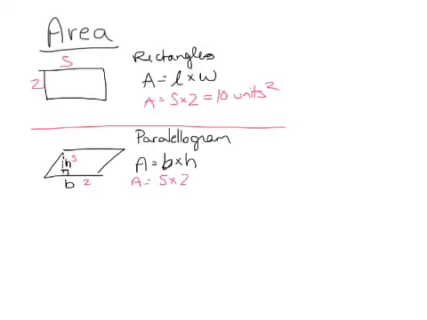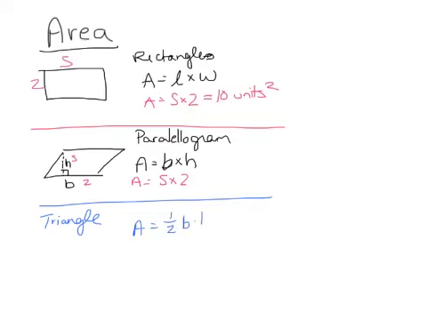Okay. Take the same idea and apply it to a triangle. A triangle is just taking a rectangle and cutting it in half. So the area of a triangle is given by 1/2 base times height. So I'm taking that rectangle and cutting it in half. Once again, the important thing is that the base and the height have to meet at a right angle. So if the height is going to be 5 and the base is going to be 2, the area is going to be 1/2